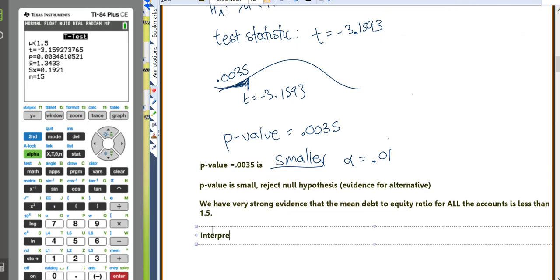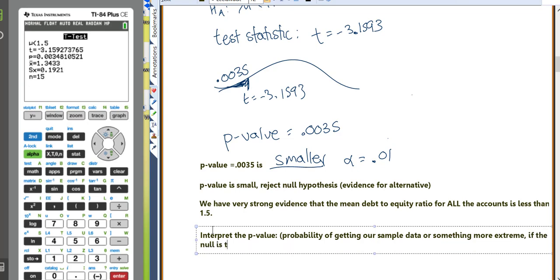And finally, let's interpret the p-value, because this is one of the most important things you can walk out of this class knowing: how to interpret the p-value. So our p-value always tells us the probability of getting our sample data, or something more extreme, if the null is true. You can change the order you put it in, but those three things all have to be there. So I would say something like,